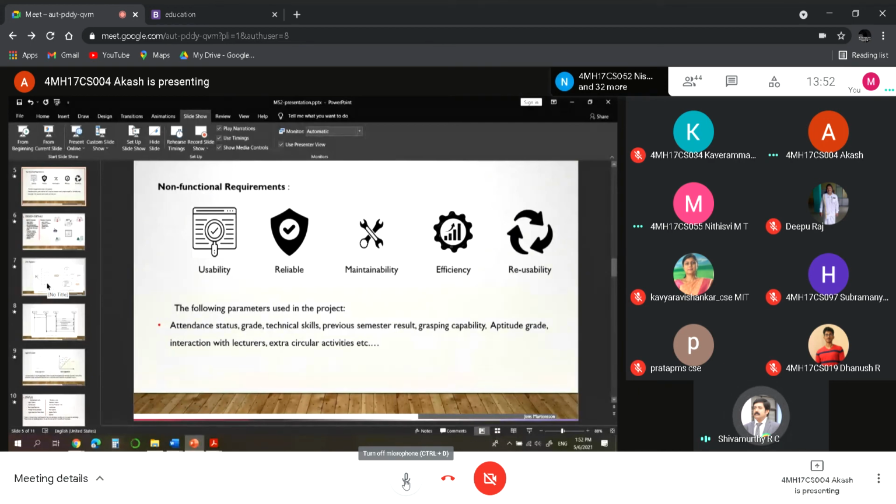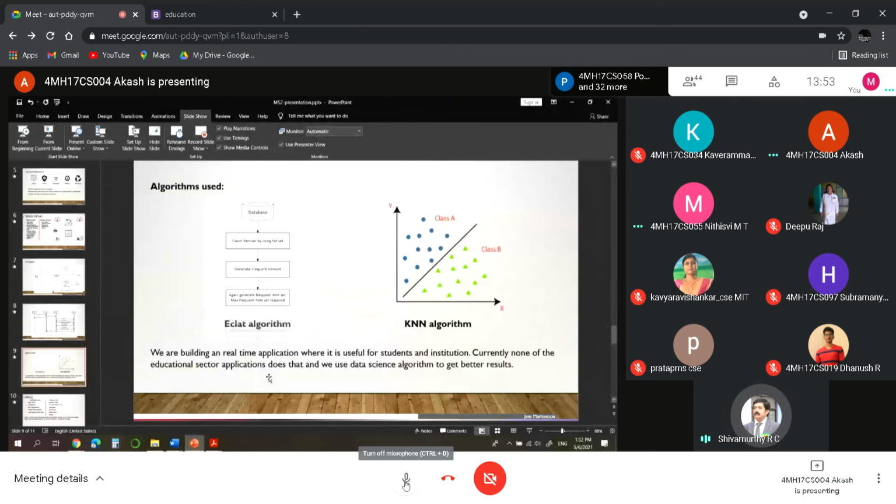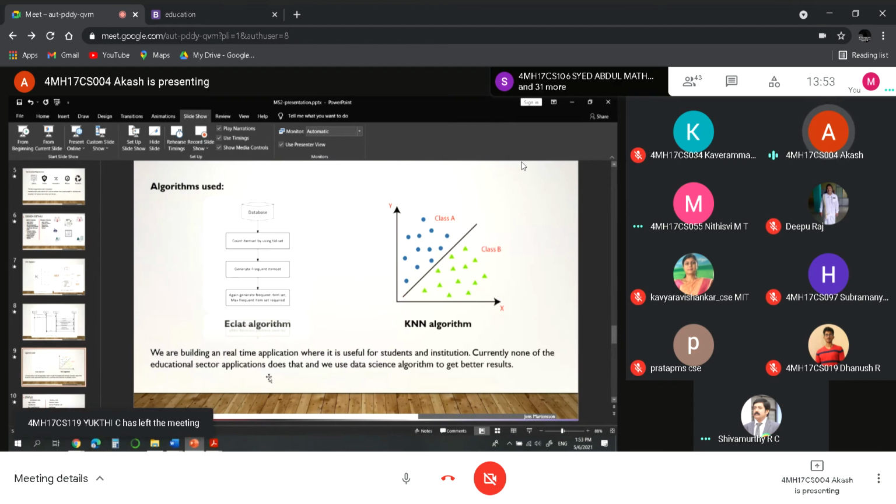Scaling is required for KNN because you are using the KNN algorithm. Why do you need to scale data for KNN? Sir, KNN works on numerical data sets. Correct. In case we cannot find the parameters in the exact way we want in every case, if the parameter values are like good, excellent, bad, very bad, we can convert them into a scale of 1 to 5 and feed them into the KNN algorithm. So therefore scaling is required, sir. Yes, sir. Okay.